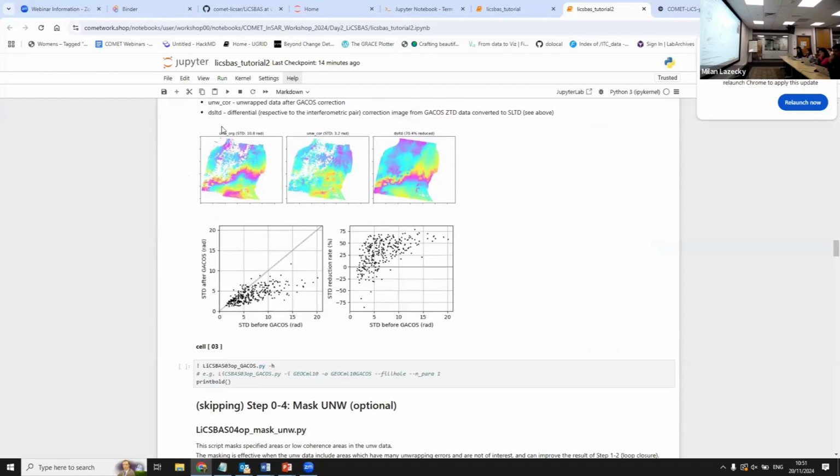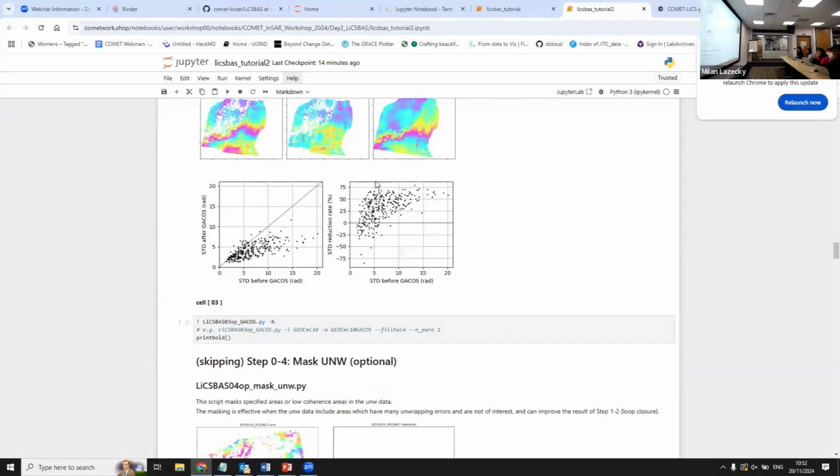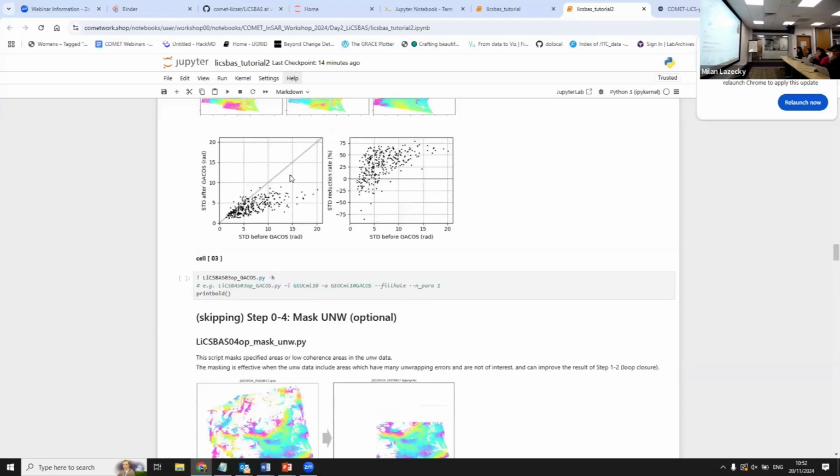figures. So here, as an example, you see the original unwrapped data. This is the correction from the GACOS that is done by LiCSBAS, and here you see the corrected. Oh, sorry, that's the corrected. That's the corrected interferogram, and the one on the right is the model based on GACOS. So you can see actually that GACOS nicely captured these long wave features, and you can also find